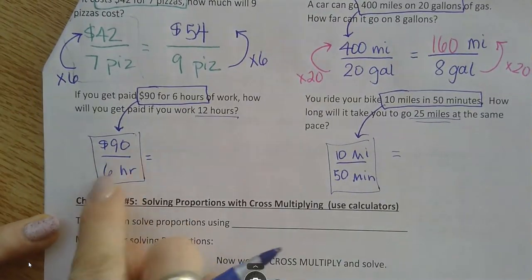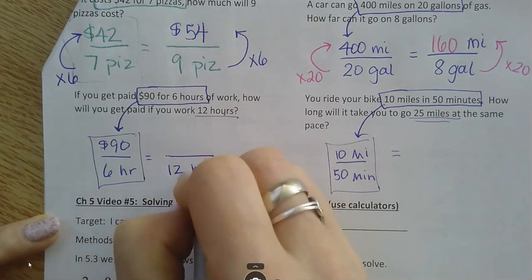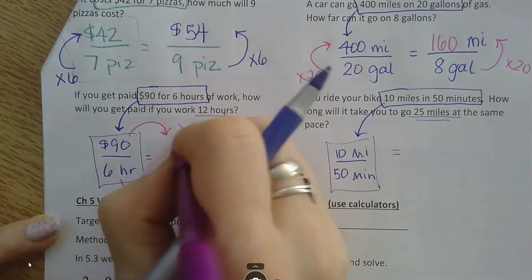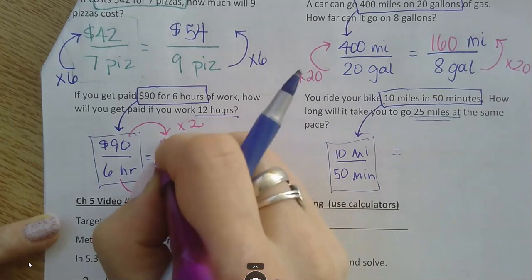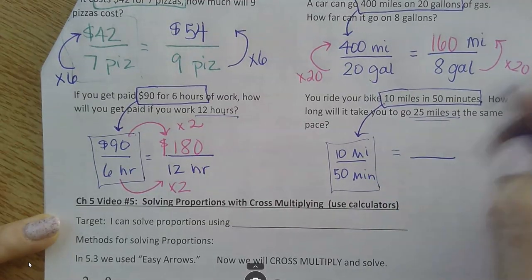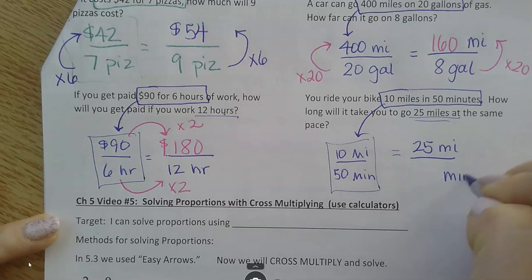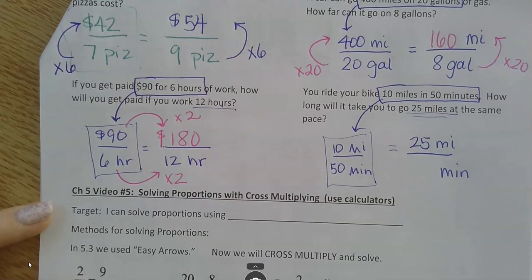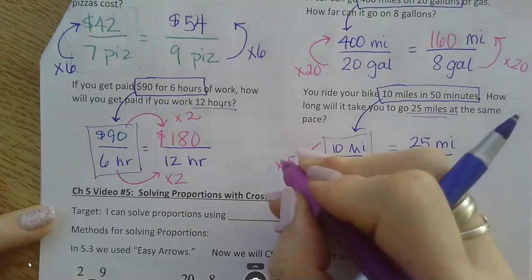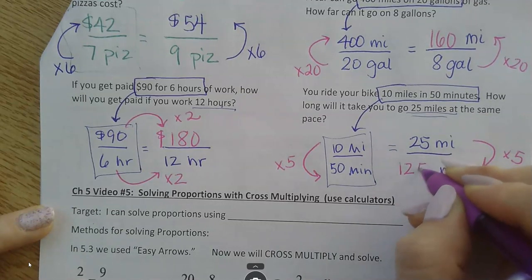Okay, this one, $90 in 6 hours is stacked up and labeled. 12 hours would go on the bottom here. I notice that this is 6 times 2, so 90 times 2 is $180. 10 miles in 50 minutes, how long would it take me to go 25 miles? And here's my X down here for minutes. Okay. I notice this is, what, times 5? 10 times 5 gives me 50, so 25 times 5 would give me 125